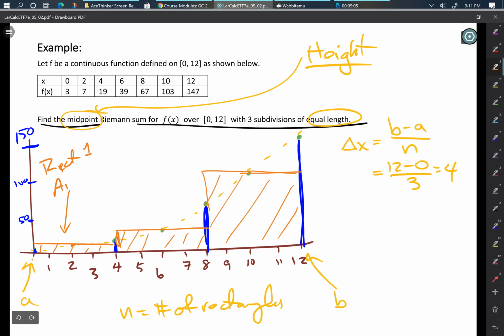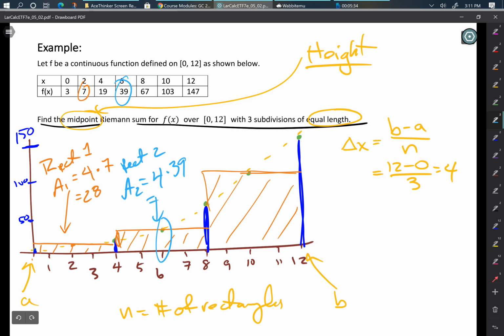is going to have an area of base 4 times height. The height is the value of the function at 2, which is 7, so we get an area of 28. This second one right here, we're going to call this rectangle number 2. So area of rectangle number 2 is base, well, the base is 4 times the height. The height is the value of the function when x is 6, so that's